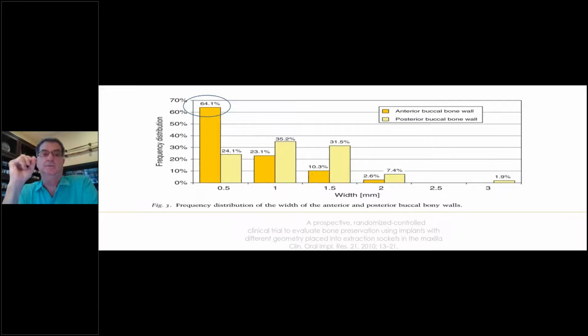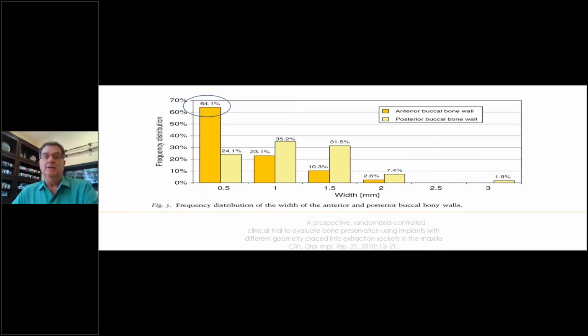That's the 6 anterior teeth. Another 23% is 1 millimeter. So just as Abdul said, only 10% is over 1 millimeter. 10% of the anteriors. This is human data. So what we see here is that we actually assume that almost all of our anterior teeth have thin buccal plates. And that's why you saw some of the problems that Abdul so well showed you.